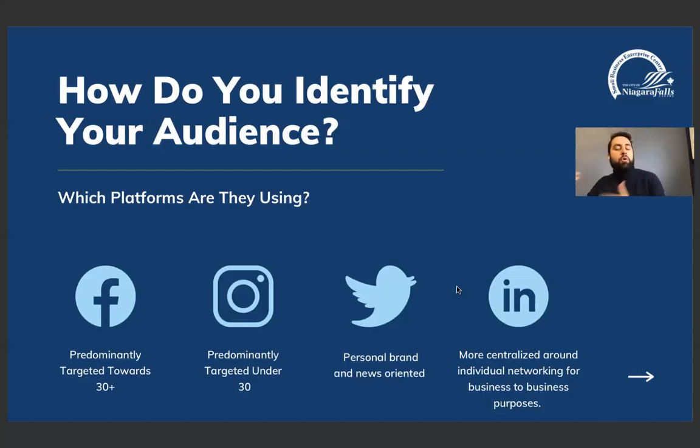Twitter is more for your personal brand, and it's very news oriented. You probably hear this: oh my gosh, it's trending on Twitter. Elon Musk just tweeted about cryptocurrency or Bitcoin or Dogecoin. Oh, it's trending on Twitter. That is because Twitter has more so developed as a place for political news awareness and personal brand attention. So if you want to post your opinions, thoughts about certain articles that you've read, yourself as a person, it's a very quick snippet outlet for you to just release your thoughts about the various things that you want to talk about with anyone.